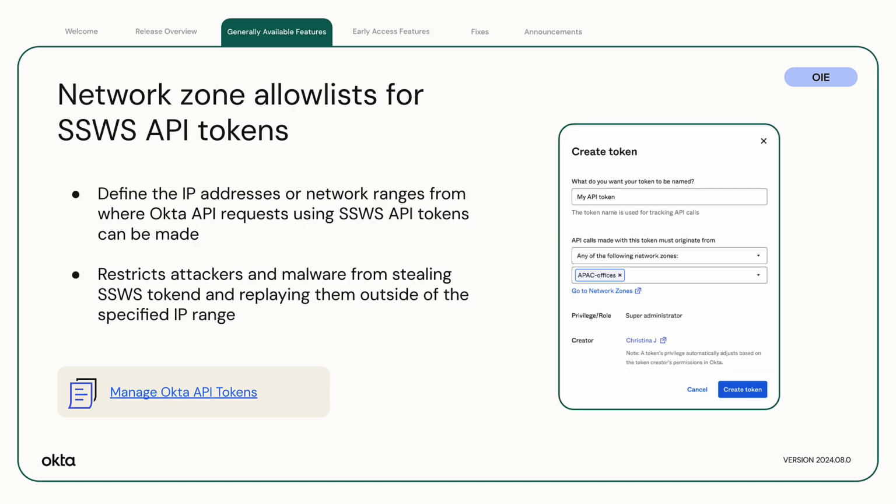Network zone allow lists for static API tokens. Admins can now specify a network zone allow list for each static API token. These allow lists define the IP addresses or network ranges from where Okta API requests using SSWS API tokens can be made. This restricts attackers and malware from stealing static tokens and replaying them outside of the specified IP range